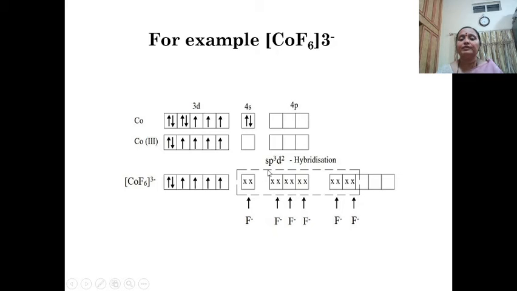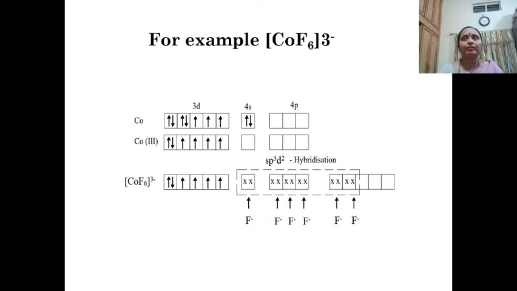It undergoes sp3d2 hybridization using 1 4s, 3 4p and 2 of the 4d orbitals. The 6 hybrid orbitals formed are oriented in an octahedral geometry. These hybrid orbitals are going to overlap with the fluoride ions containing a lone pair of electrons to form the hexafluorocobaltate(III) complex. So what did we study is hexaammine